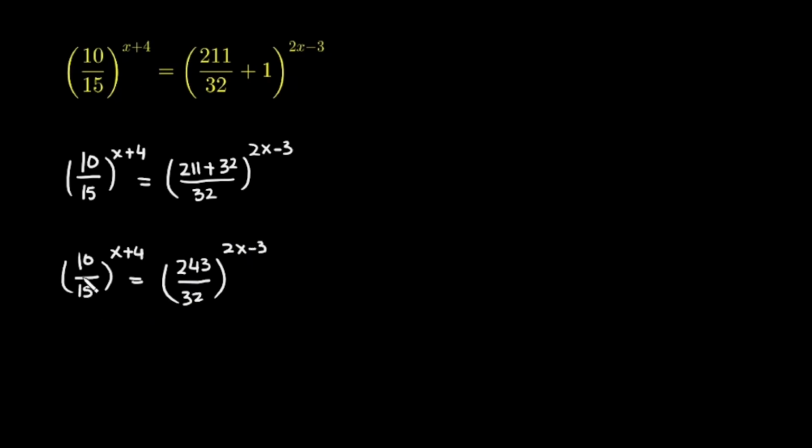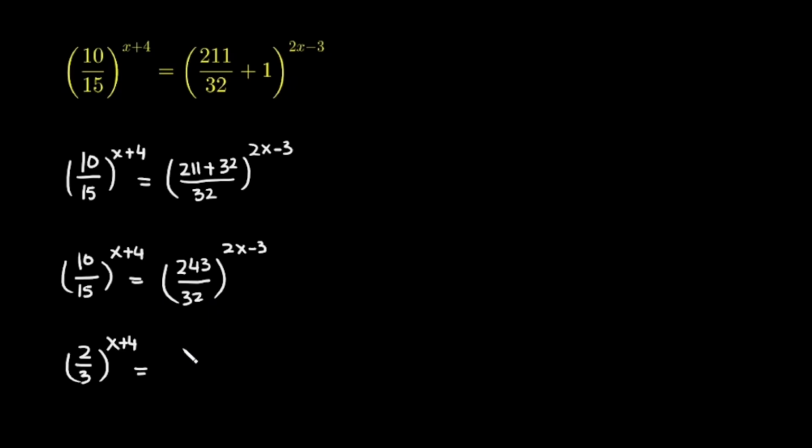So in the next step, take the common factor out from 10 over 15. So this is (2/3) raised to the power x plus 4 is equal to, this 243 over 32